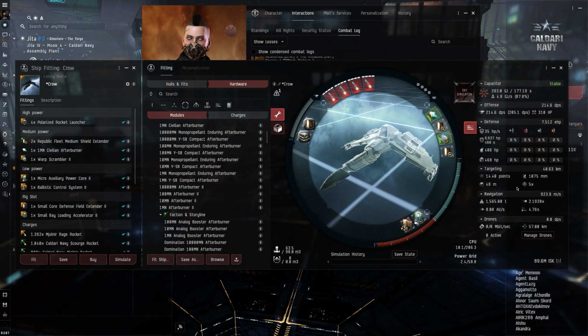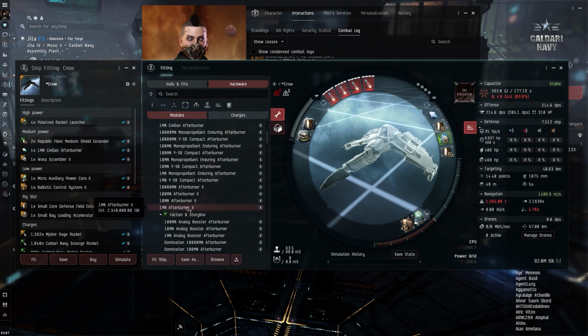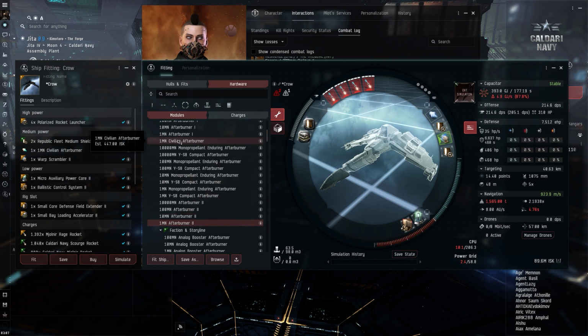On an interceptor, yeah, you do lose a little bit of speed. If we look at it real quick right now, we're at 923 with a civilian AB, and we go to Tech 2 and you're at 1400. So there is a big speed difference here. But with this primarily being used in nullsec, 900, 1,000 meters a second is still plenty to take advantage of the vast majority of targets in nullsec being